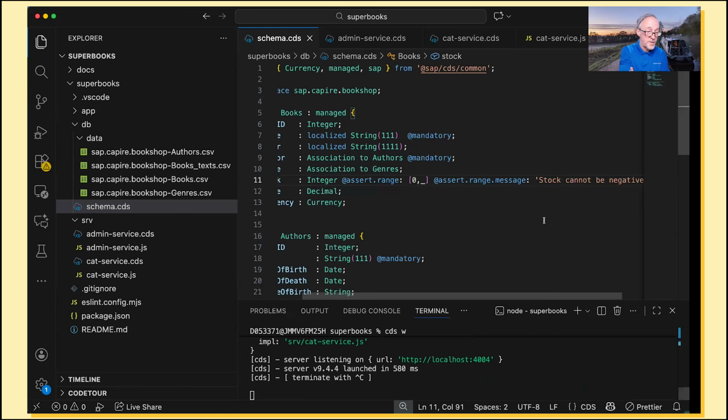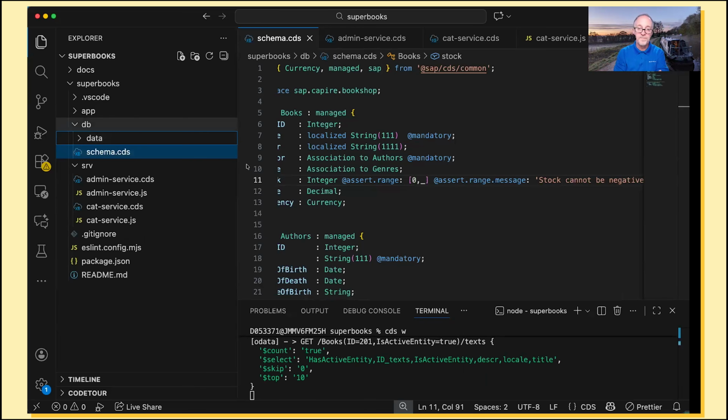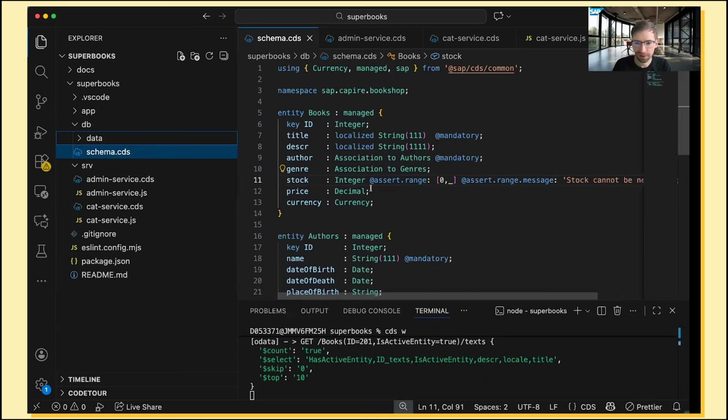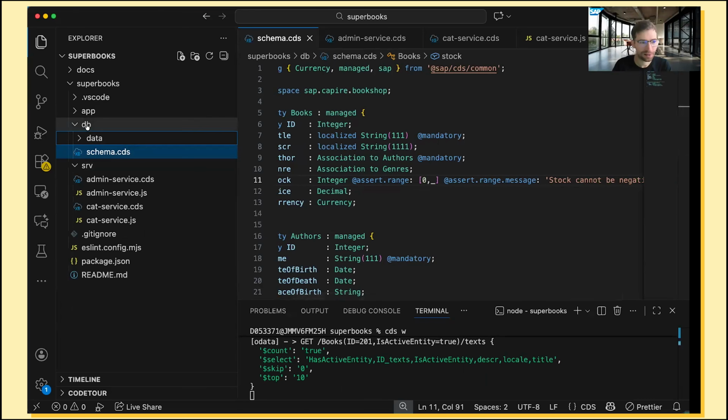So we might want to have put it in the admin service.cds file. But actually, it might be that we want to create a new separate CDS file just for these sorts of annotations. Keep things separate, and it makes things easier to maintain, and so on. I'm just realizing now this is starting to become more difficult to read. Exactly. So what I can do here, like you said, I would just create another CDS file